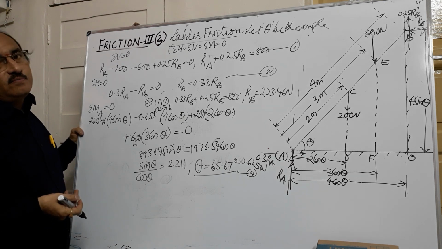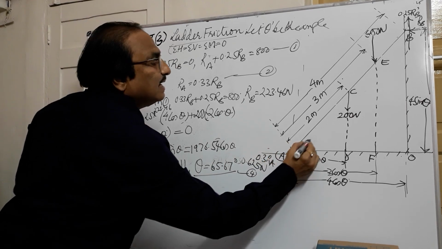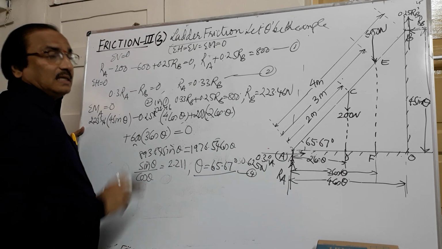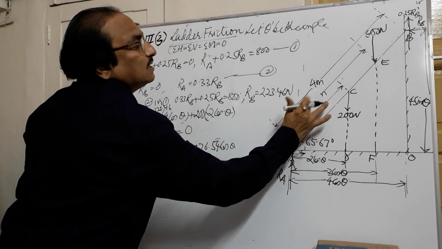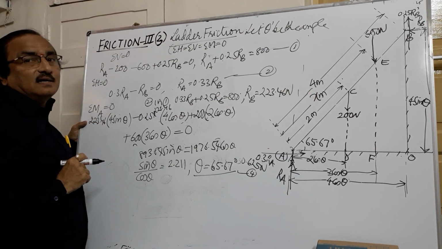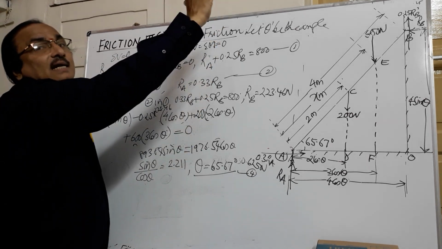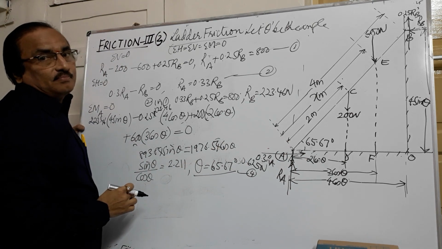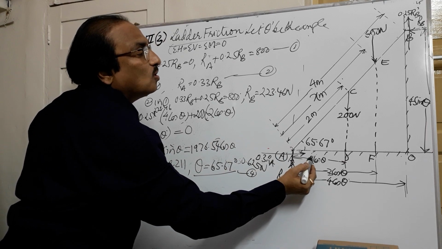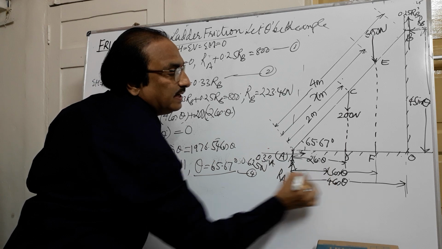This is the second type of problem. Or for example, if I give this angle as 65.67, then I'll ask you, what is the distance the man can travel up the inclined plane? This is the third category. Angle is given, weight of the person is given, how much can he climb with this angle. The procedure remains the same. Only change here is that this distance is x, so instead of 3, this distance will be x.